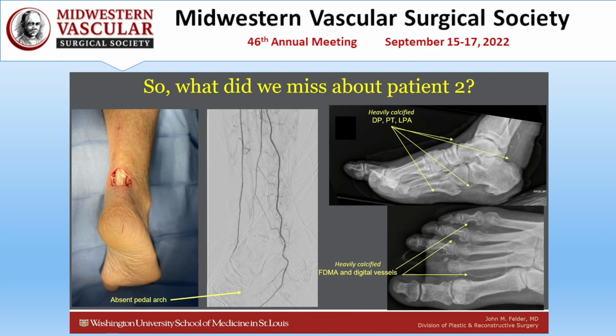What did we miss about this patient too? When looking retrospectively at this information, we see that the patient lacked a pedal arch and had a high pedal max score. So with our retrospective knowledge, we would have classified that patient as a much higher risk for failure